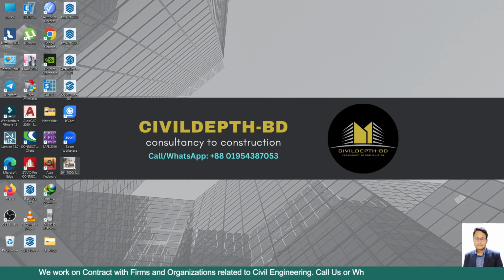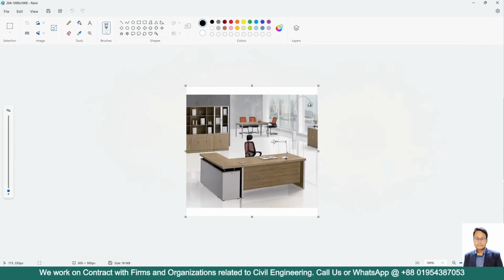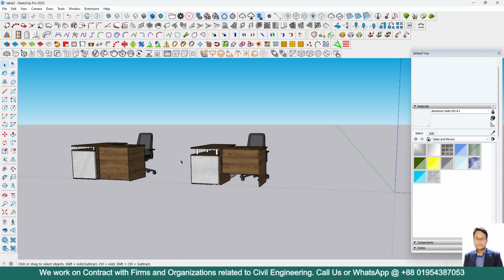Today I will show you how we can model this type of office table in SketchUp. I have just taken this image from the internet randomly. So at first, go to SketchUp,